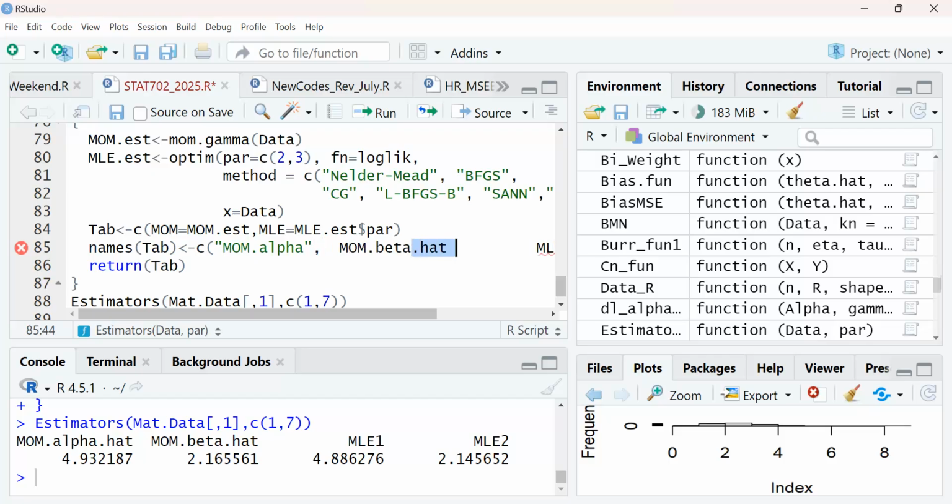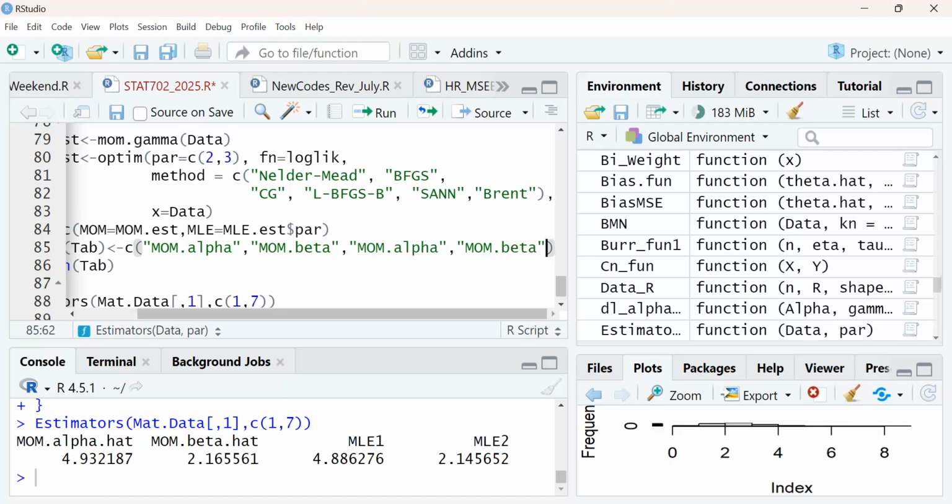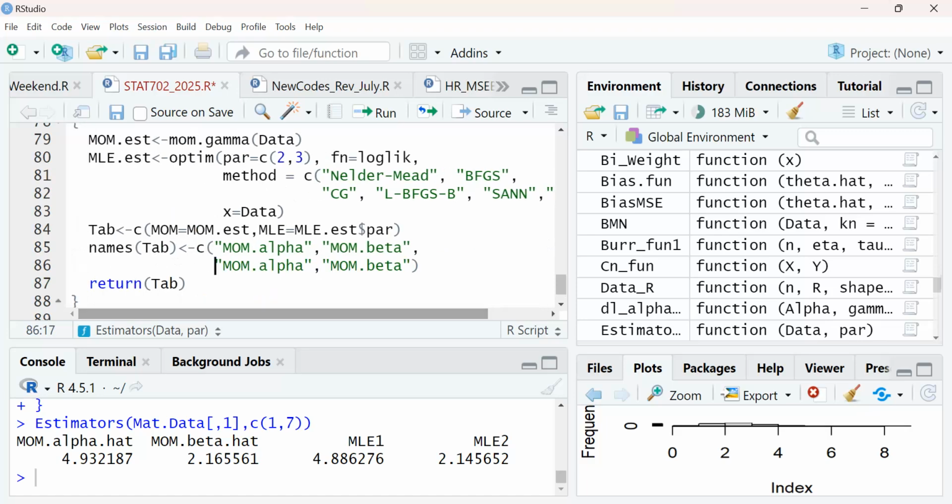And then mom beta, right? And then I can copy this to paste, and then I change the mom to what? MLE. So I can bring this one here to make it easier. This one I make MLE. This one too, I make MLE. Is that okay? All right.